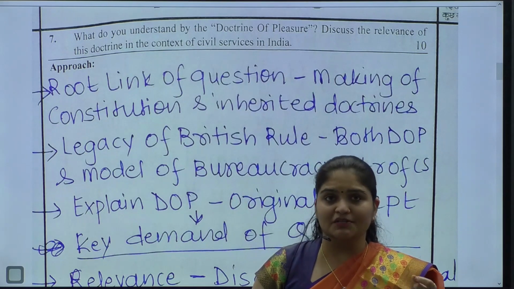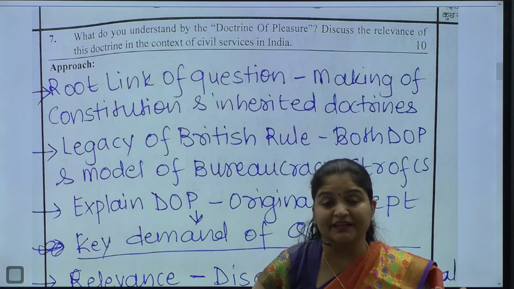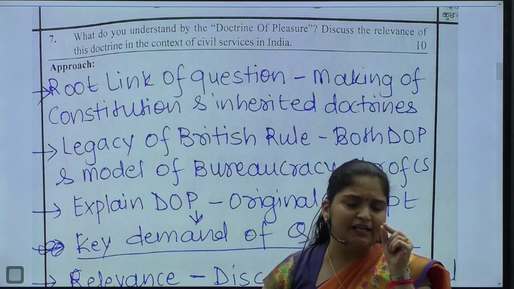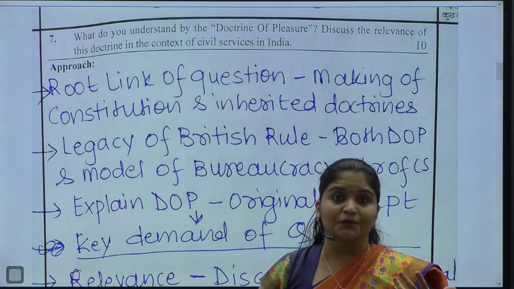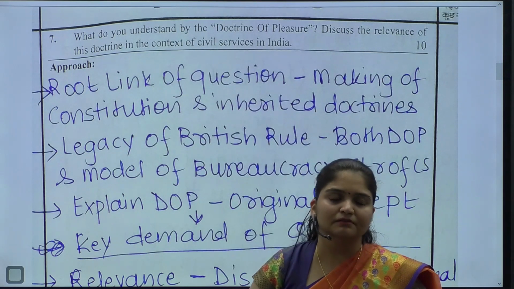Now when you pick up such questions from depth, the examiner is certainly expecting you to write directly about the doctrine of pleasure. But you have given a line of thought with a little depth, okay? So we'll say, oh, a unique start, right? That's what makes your answers unique.